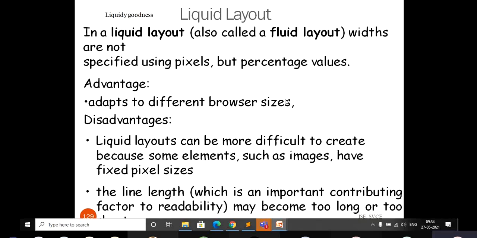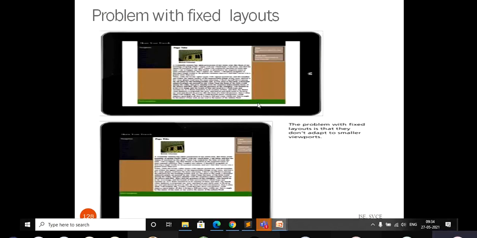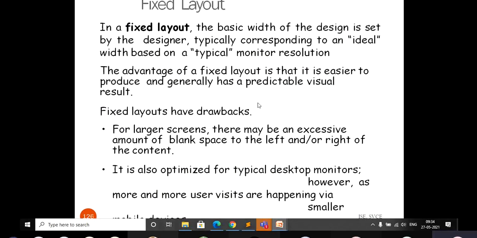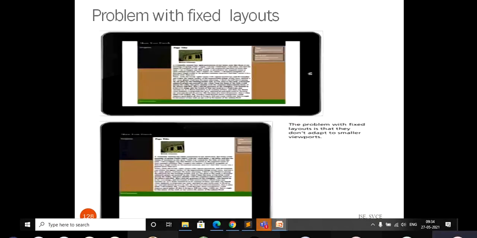This is a normal requirement because, as a user, we don't know what type of device they are going to use. So it is always better practice to go with a liquid layout. In some cases, depending on the problem you are going to solve, you can go with a fixed layout, for example if you are designing something like a newspaper layout. So you can prefer a fixed layout for that.